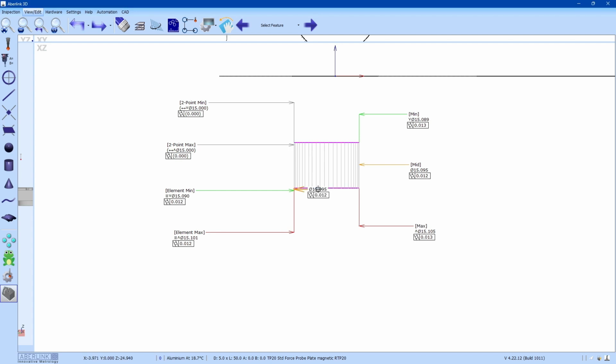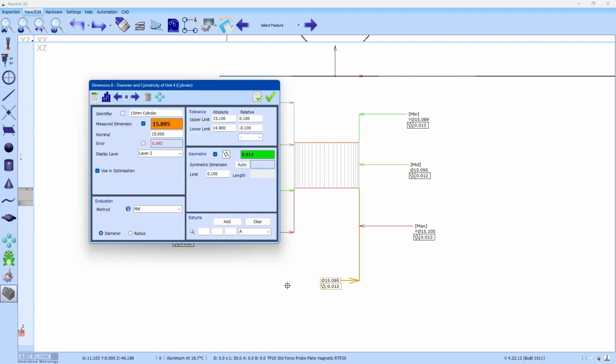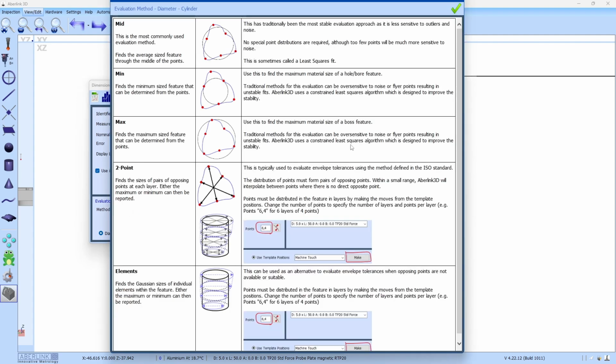The idea is when you dimension the cylinder as normal, if you right click on the dimension window, there's now an evaluation method box down in the left hand corner of the dimension window itself. Click the drop down box and this gives you a range of new evaluation methods. You can also click on the information icon and this will give you a brief explanation of the different methods